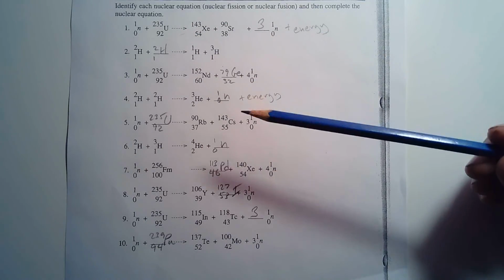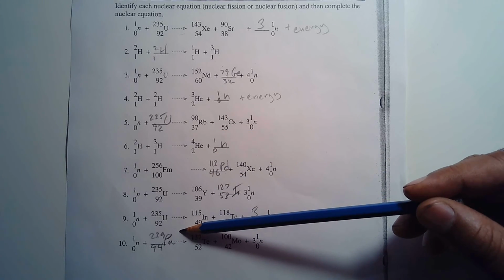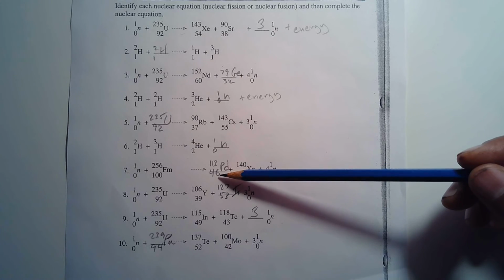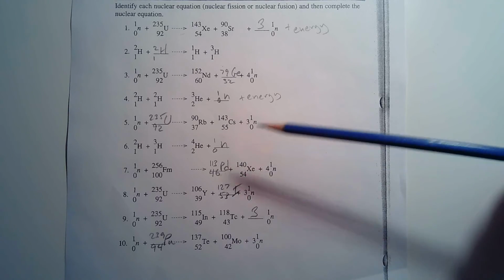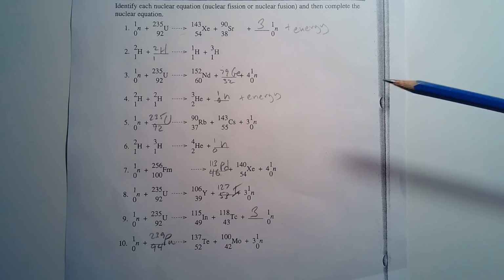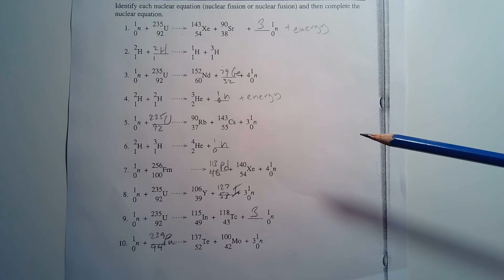And so for some of these ones here, like finding out what the element is, you have to look at the number at the bottom, which is the atomic number, and then go on your periodic table and find out what is number 46. That's going to be Pd, right? So that's how we've determined what the element is that goes with it. Okay, so let me know if there's any of these you need further elaboration on.